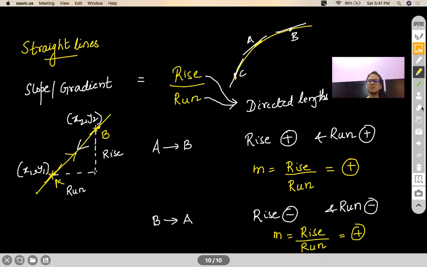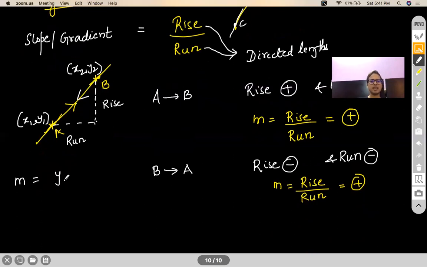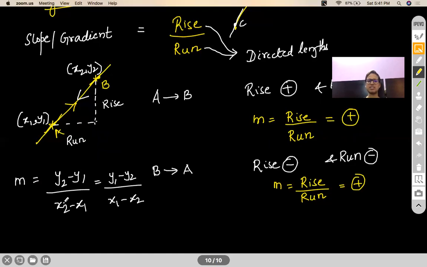Okay, so as a matter of coordinates, remember this value is given by y2 minus y1 by x2 minus x1. You may also write it as y1 minus y2 by x1 minus x2. Guys, but don't make this mistake. If you are doing y2 minus y1, ensure that you have written x2 minus x1 in the denominator. Don't switch the positions. Don't do y2 minus y1 on top and x1 minus x2 in the bottom. In that case, it will become wrong. So be consistent in your choice of your first coordinate and the second coordinate.